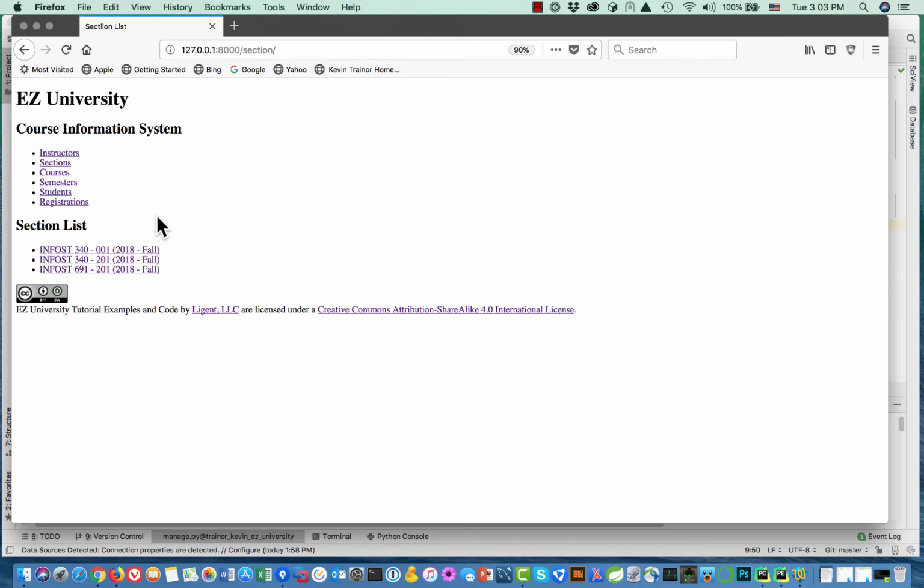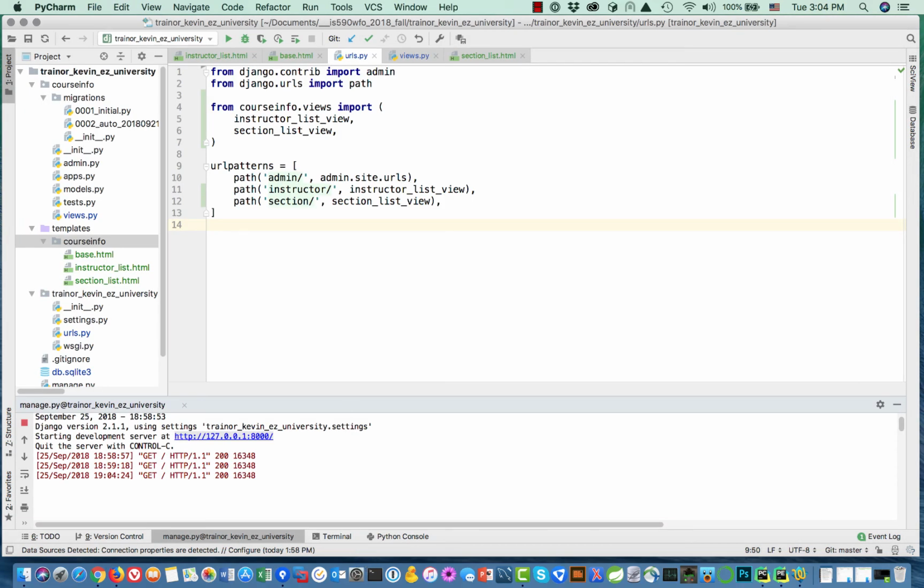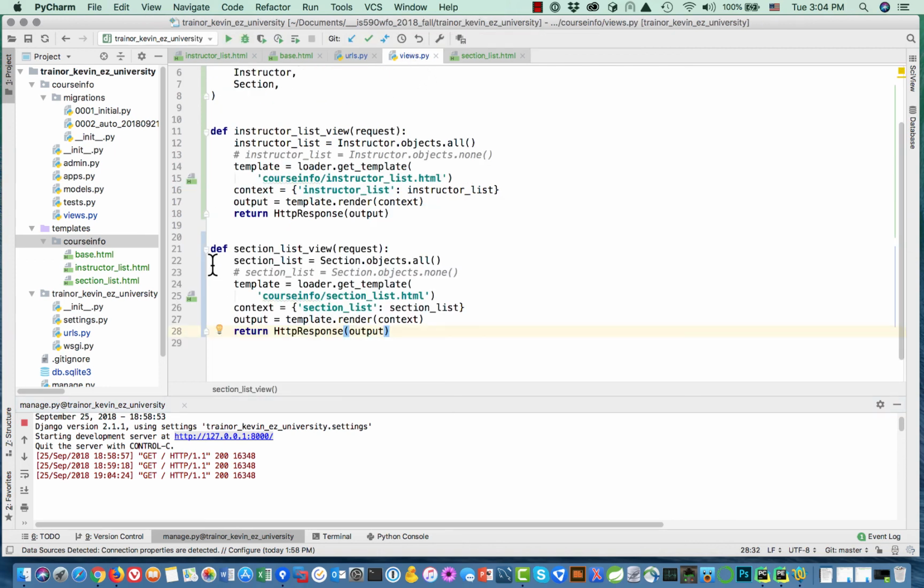Let's just test that it knows how to detect when there are no sections. Okay, so let's come back here. Let's go to views. Let's toggle these 2 statements in section list view. So we're calling it with the test version of the query set, the one that's going to be empty. It's the right kind of list and it's empty. It's a list of sections, but it's an empty list of sections. All right, so let's go back